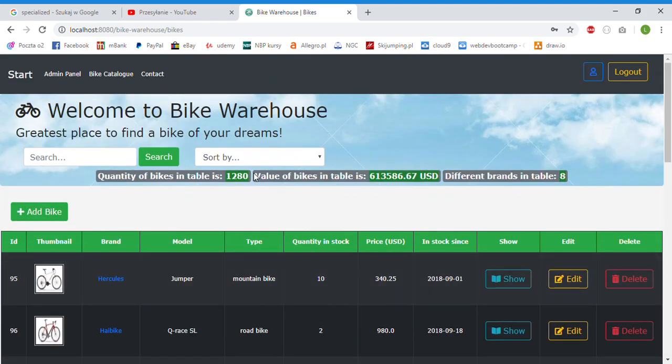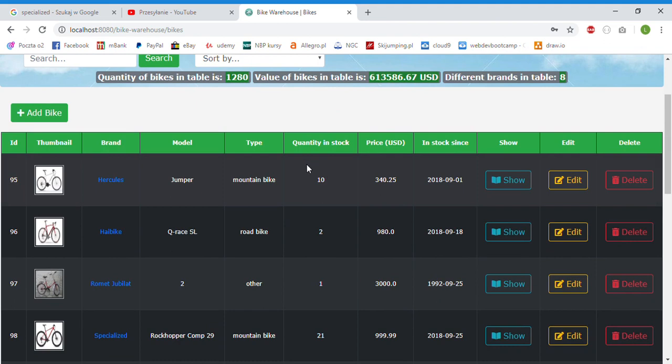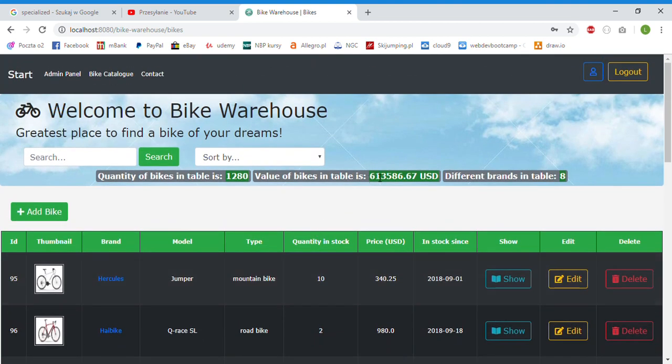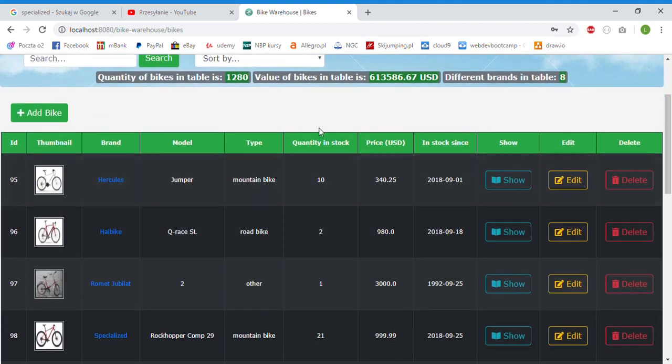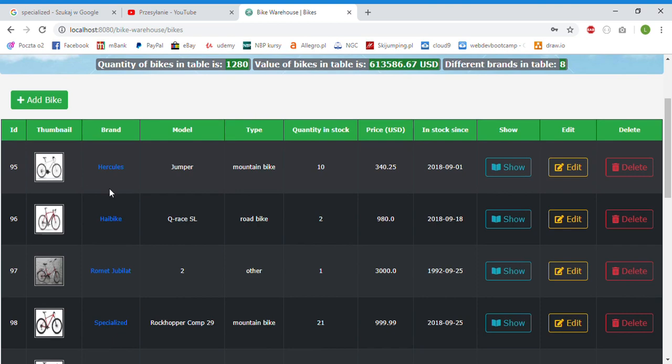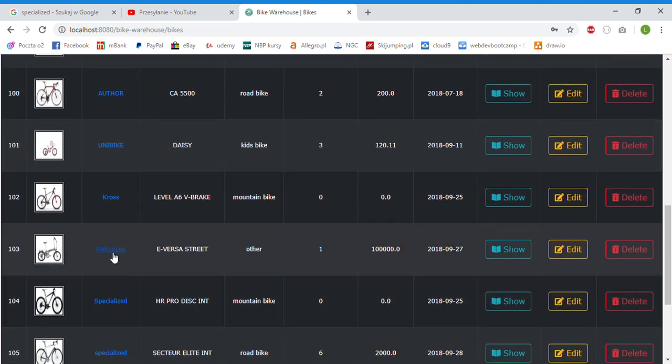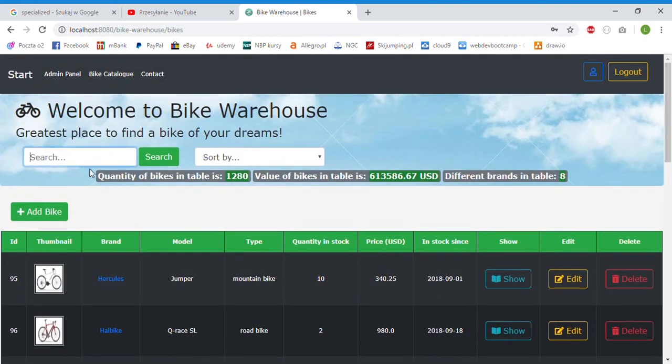in table. The value of the bikes is a sum of this bike's quantity times its price, and the same with other guys. So quantity times price plus this quantity times price, on and on. So this is the value of all the bikes. And different brands in table, it counts all the different brands. And also this count is case insensitive. So Hercules with the capital H and Hercules with this similar to camel case is the same brand, so it is one. I will show you when I write